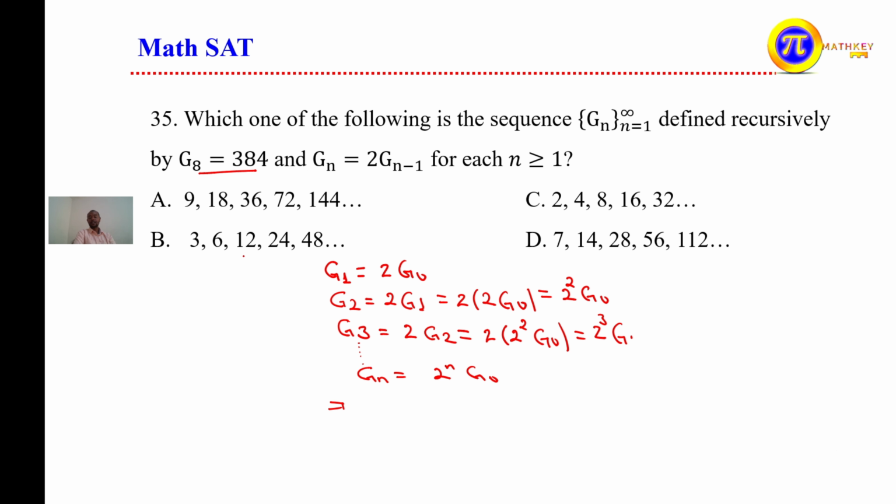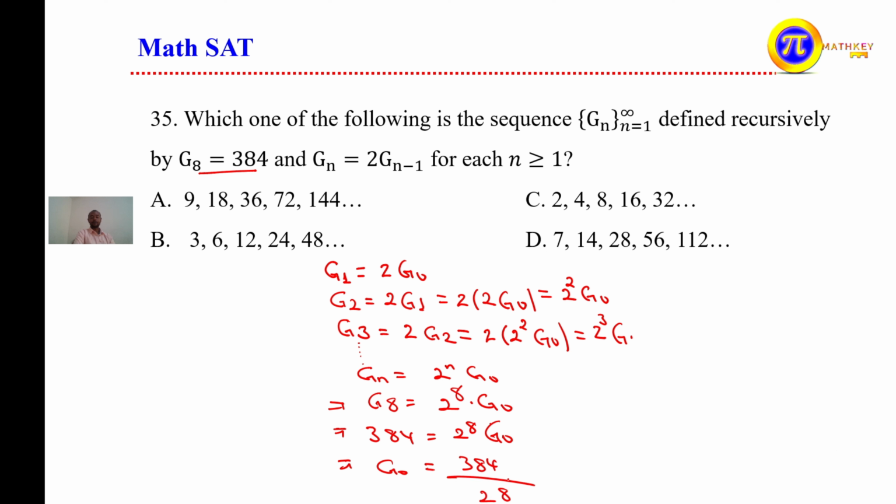The given information is that g_8 is given. If g_8 is given, g_8 is equal to 2 to the power of 8 times g_0. So we can solve for g_0. Since g_8 is given as 384, it equals 2 to the power of 8 times g_0. Solving for g_0, this implies g_0 is equal to 384 divided by